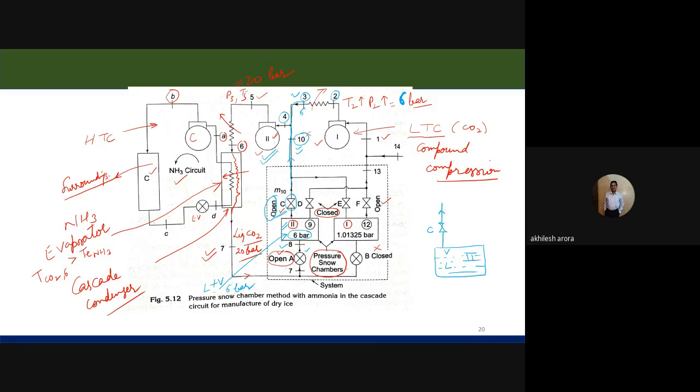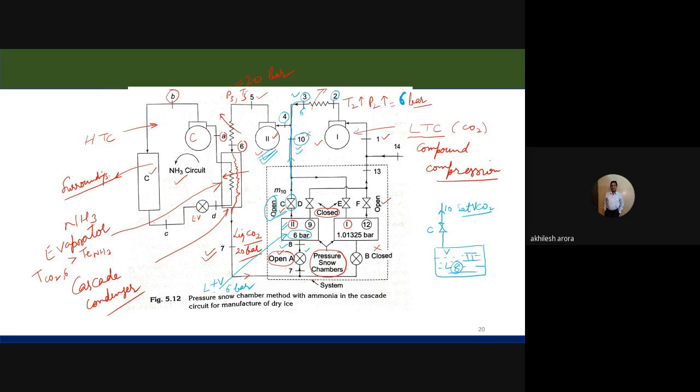You can see it here in the main diagram. See, this is compressor 2. It's working actually. So what is it doing? It is sucking the vapor only. So vapor will be sucked up to point number 10. I can say this is actually point number 8. If this is point number 8, then the vapor at point number 8 is being sucked here, and it is coming out at point number 10. So it is saturated vapor CO2, which is at point number 10, and it is mixed with point number 3. The mixing of 3 and 10 gives us point number 4. Is it clear to you?